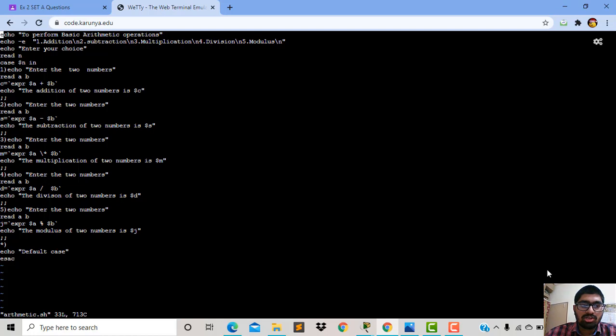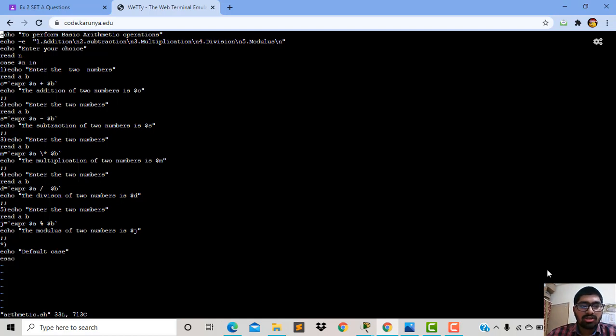To perform the subtraction, we use the minus symbol. Minus subtracts the two numbers, and the result is stored in s. Then echo prints the result at the end: the subtraction of two numbers is $s.